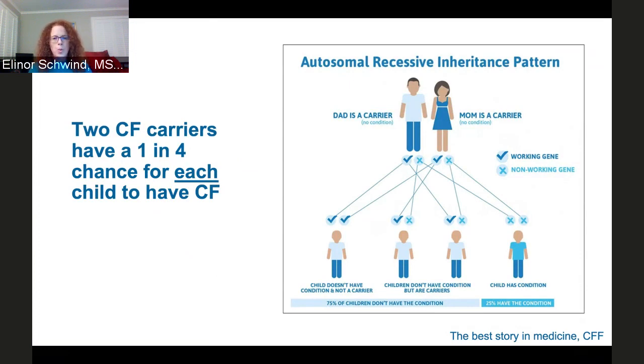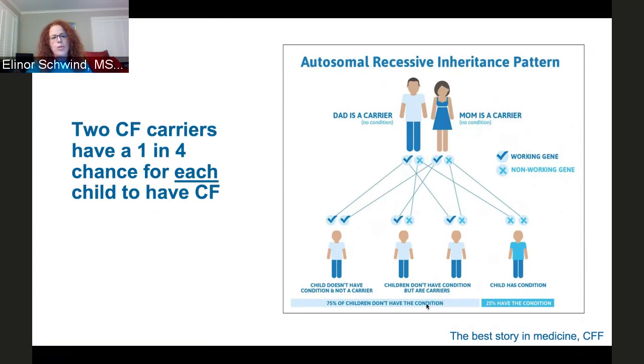Or inherit mom's working copy but dad's CFTR variant and be a CF carrier like dad. The 4th possibility is that the child inherits a working CFTR from each parent, so is not a carrier and doesn't have CF. Which means this couple has a 1 in 4, or 25%, chance for each child,